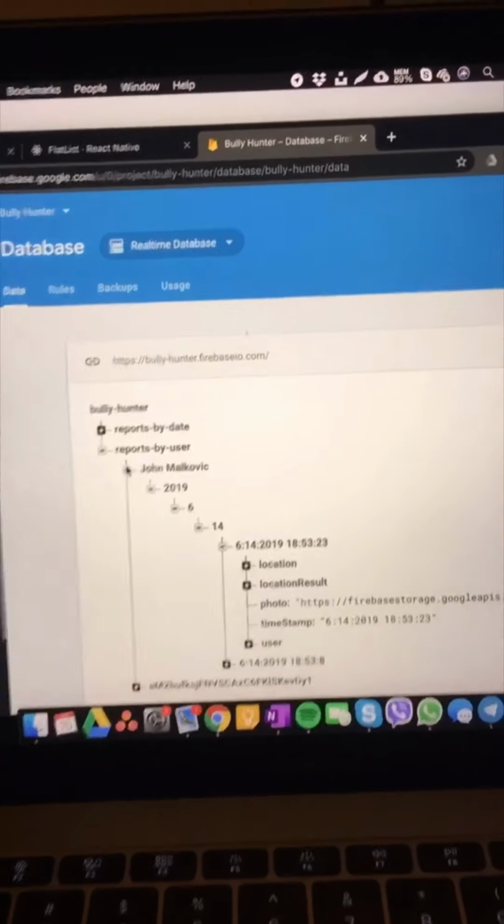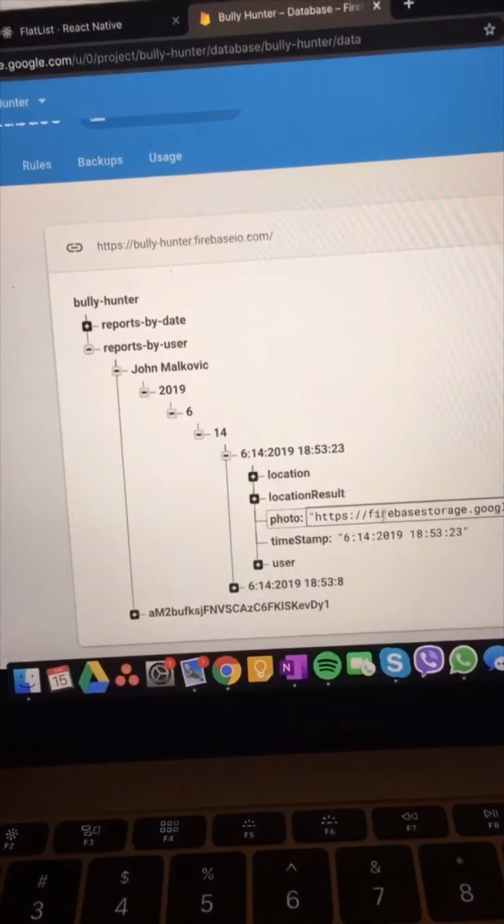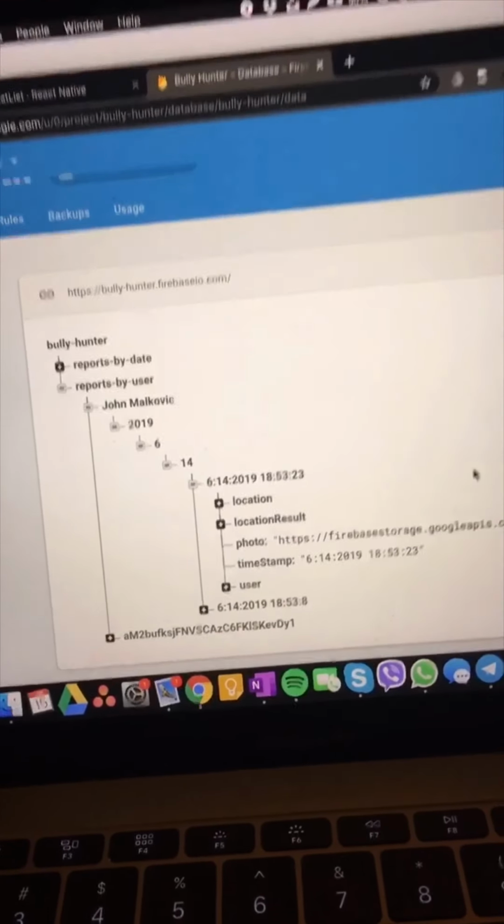Check out this bad boy database, man. And here's the photo. Almost done.